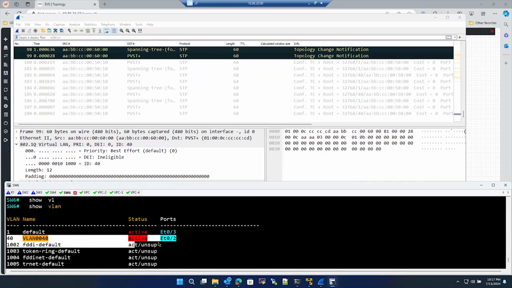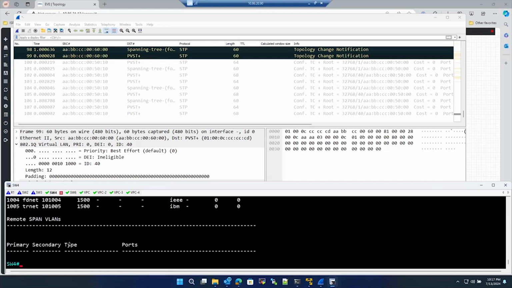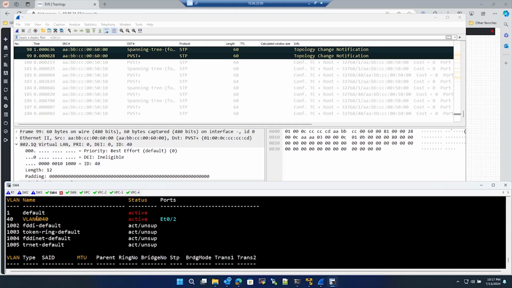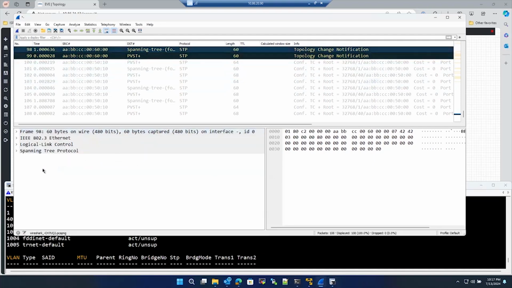So we allowed only VLAN 40, both on switch 4 and switch 6, no other VLANs here. So in the spanning tree, it is telling that the only VLAN allowed is VLAN 40, and there is a topology change notification. If you open your spanning tree,